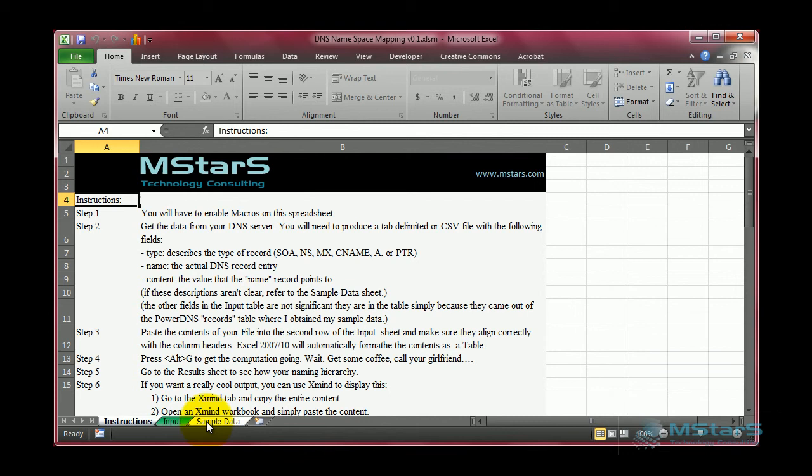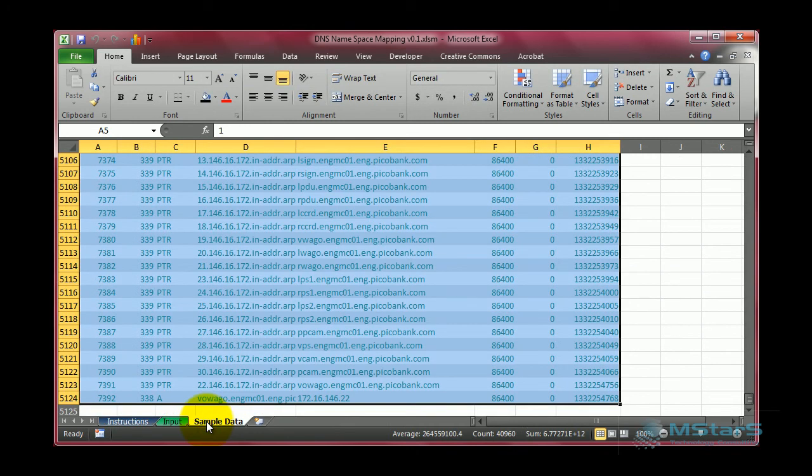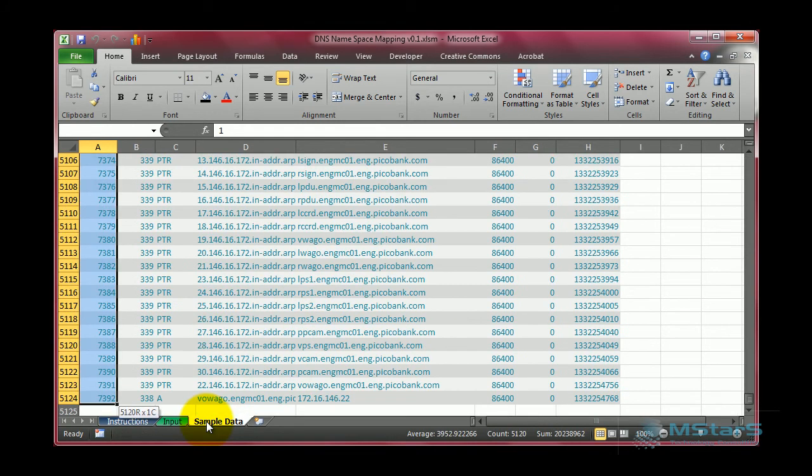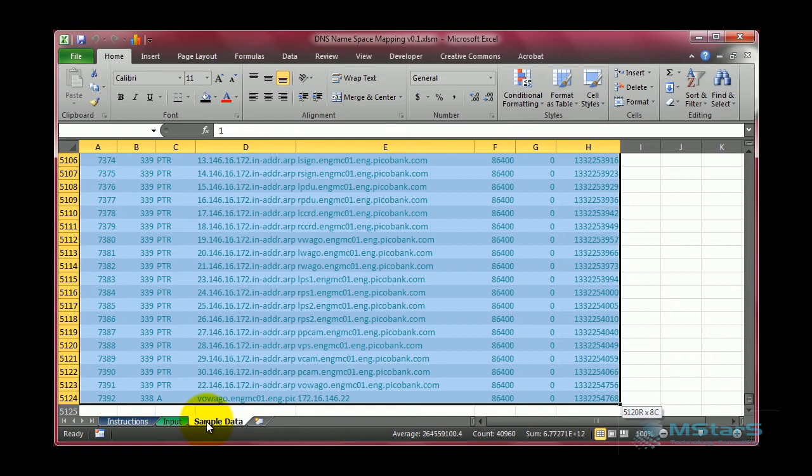Now, in order for this to work, you need to have a complete set of all your DNS records. I can't emphasize this enough. In my case, I was fortunate enough to be working with a company that was using Power DNS as their primary, and the system administrator was kind enough to give me a dump of the records file